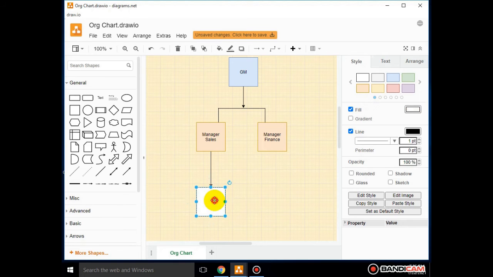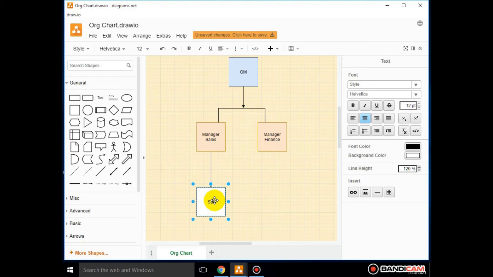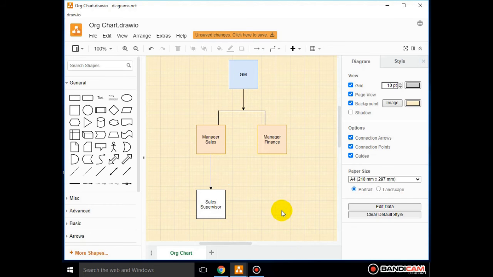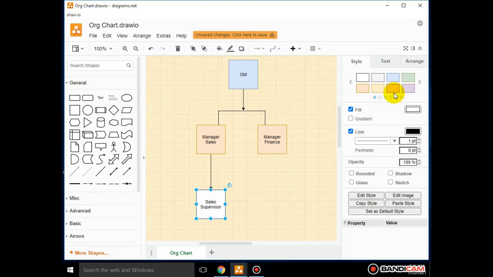You can make changes as per your requirement. It is a very easy method to prepare diagrams. If you want color, you can select different colors.